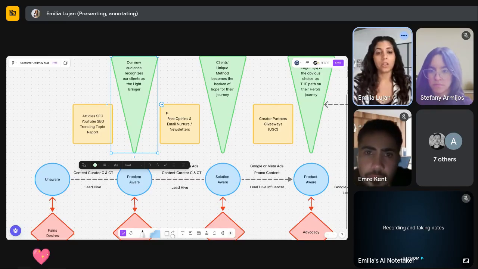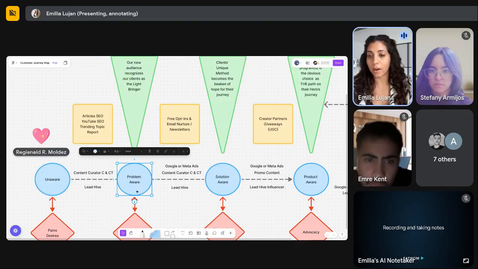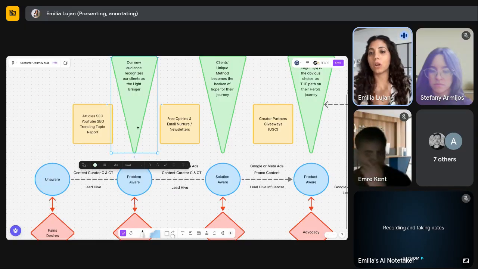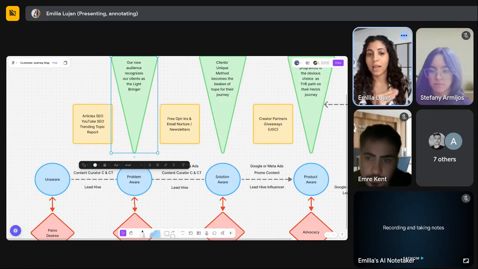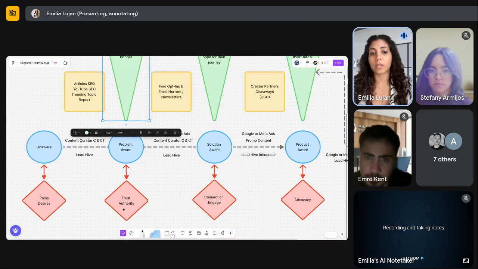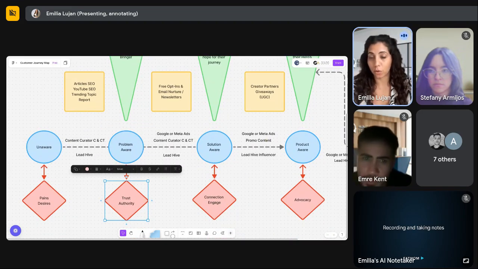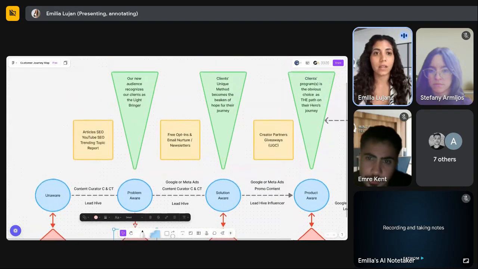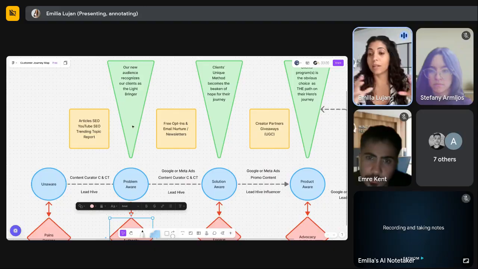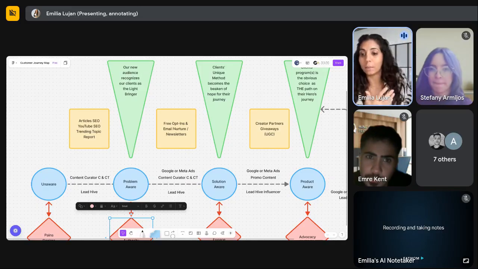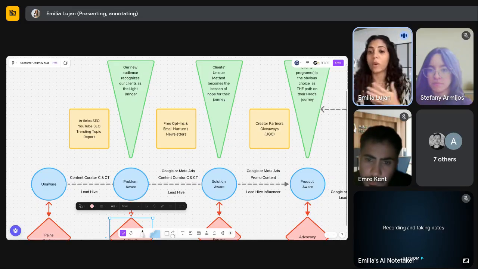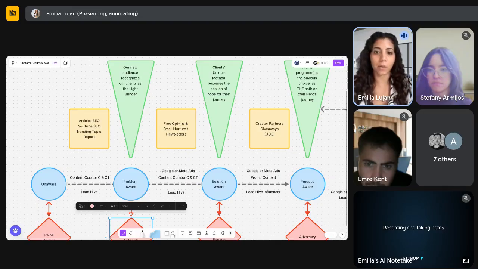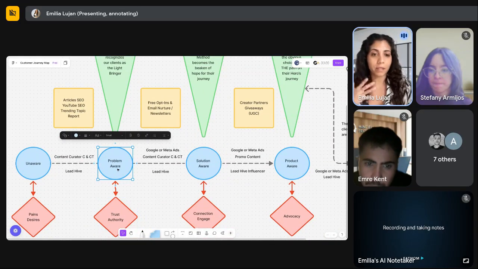Okay, awesome. So at this stage, when somebody's problem aware, we need to establish our client as the light bringer. And this is where we need to build trust and authority, because the more trust and authority that we build, Emilia could be the light bringer for businesses feeling lost with their marketing, for example. If we're talking about MBP, we are the light bringer and we are the solution, the path that takes them there, right? So going back to Sacred Site,